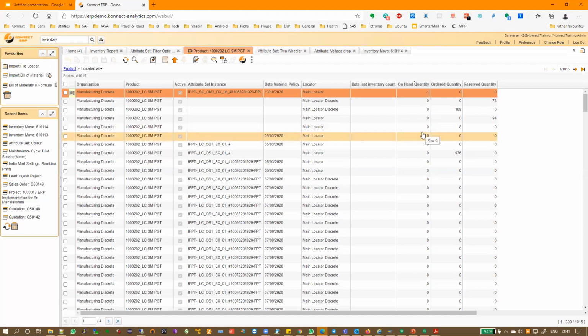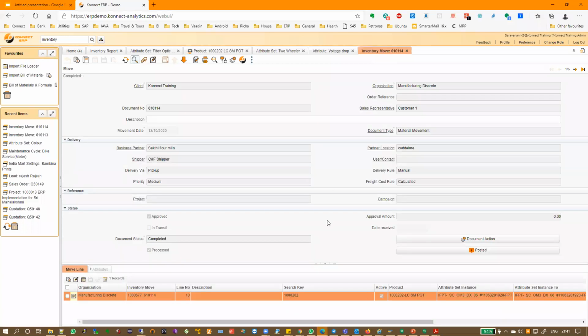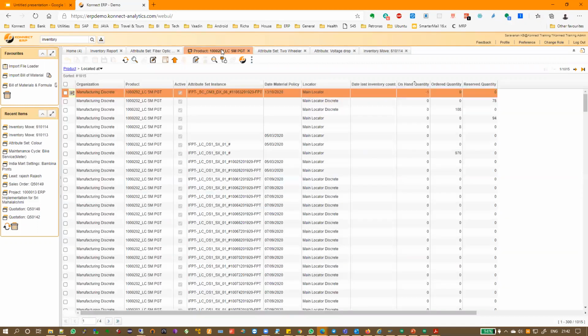So if you see here, there is a -1 quantity of our inventory move. So let's look at our attribute set instance name. It is 1920. So 1920, there is a -1 here.